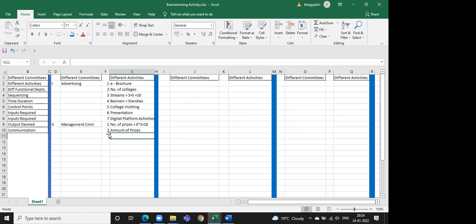Now before coming to prizes, this is about the prizes. Then before coming to prizes, or if we want, we can have a separate committee for prizes as well. So let's do that. Okay, we can have this as a separate committee. Let us keep this somewhere over here. Okay, and now when we are thinking about management committee, so let us decide how are we going to manage